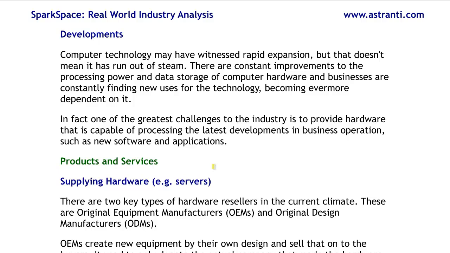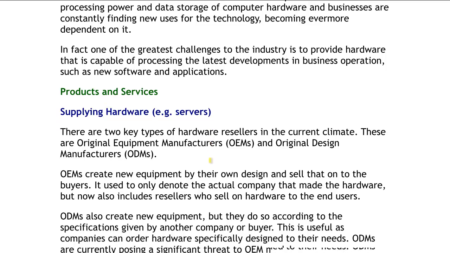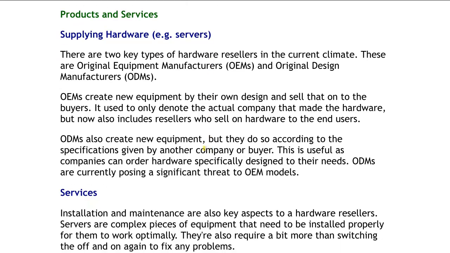But what's key here is to really think about how this impacts the infrastructure of companies. They have to be able to quickly assess new projects, new risks, and new factors that didn't before affect their industry. They also have to be able to adapt very quickly. They have to change their infrastructure at a very rapid rate, and they have to do so properly. Otherwise, their businesses could fail. But before we get into all of this, let's just quickly look at some of the products and services that IT solution companies provide.